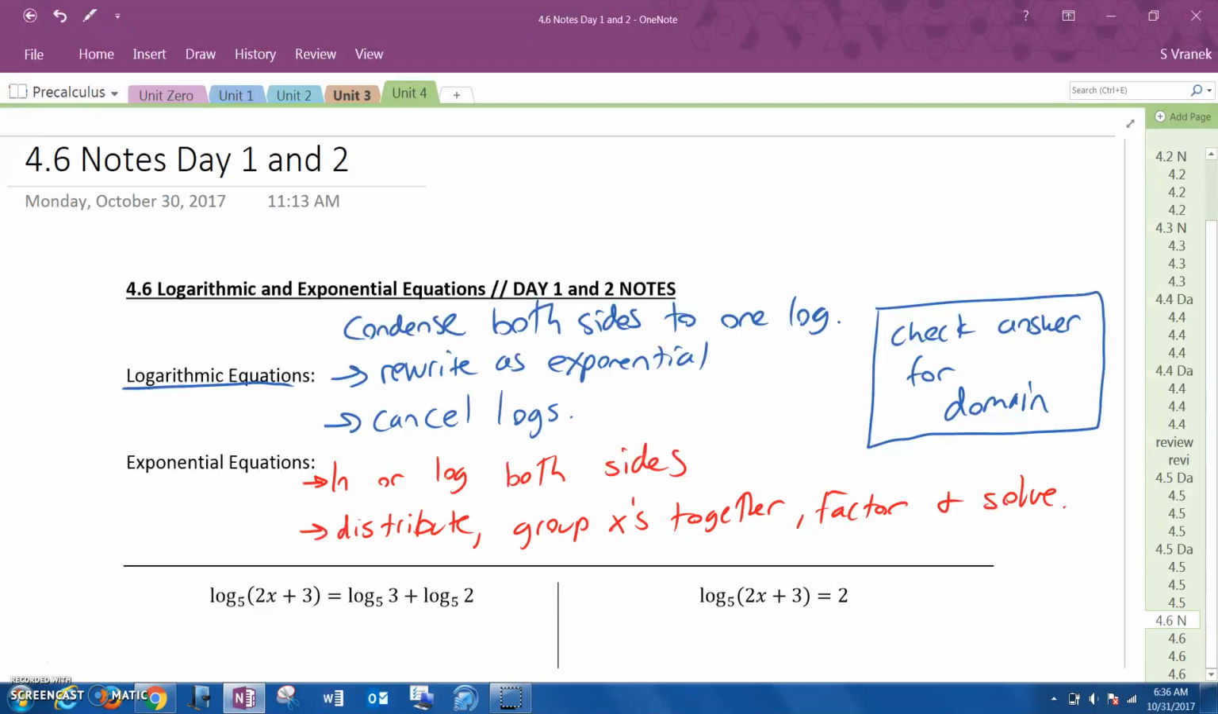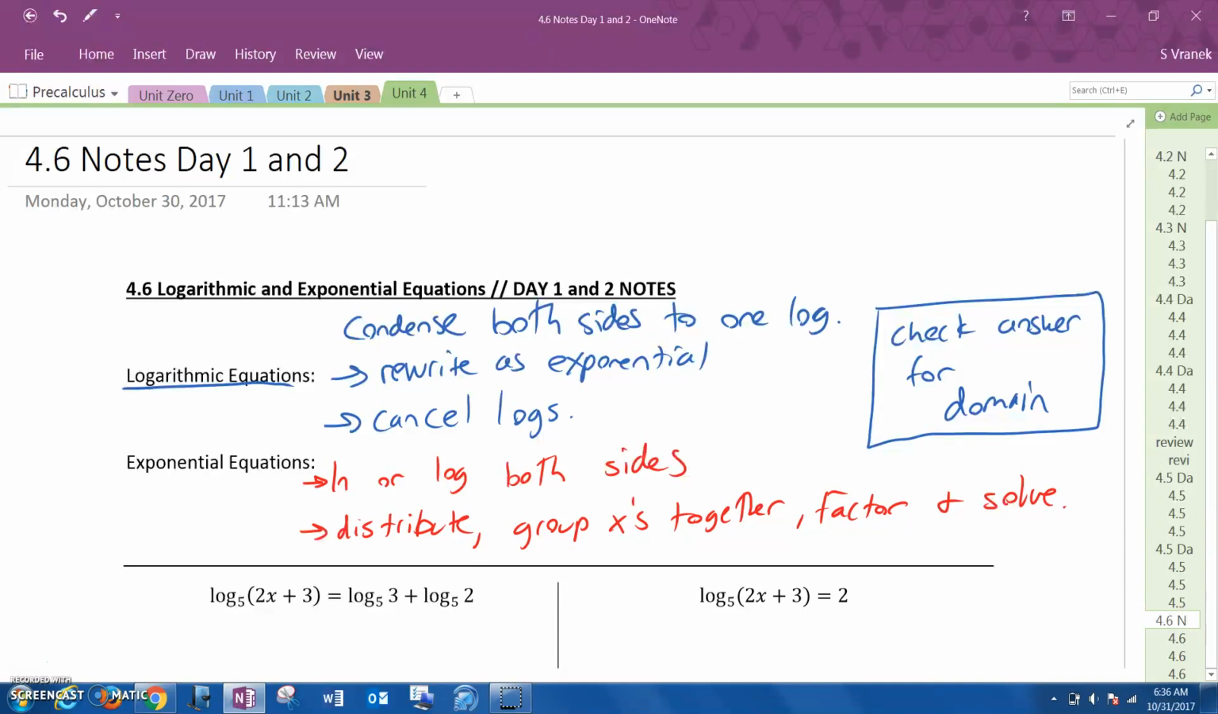We actually talked about this in the last video. If they're log equations, you want to condense both sides to one log, so you should have only one log on each side. Sometimes there might only be one log on one side and a number. If it's just one log on one side and a number on the other, you want to rewrite it as an exponential to solve. If there's a log on both sides of the equation, you can cancel the logs and then solve. When you get an answer, you must check it within the original problem